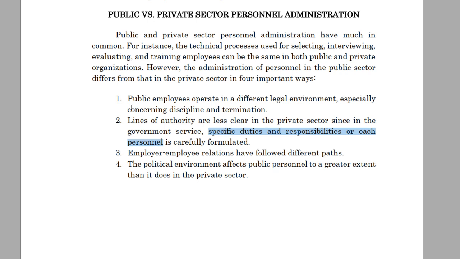Sabihin, pag plantilla, may plantilla positions or items from the government are those that can be permanent or regular. Okay? So, para magkaroon ng ganyang posisyon sa gobyerno, kailangan merong specific duties and responsibilities. Pagka nag-apply ang isang government agency ng plantilla sa DBM, humingi ng item or plantilla sa gobyerno at hindi malinaw ang specific duties and responsibilities, hindi ma-justify sa Department of Budget and Management or DBM, hindi ka bibigyan ng item